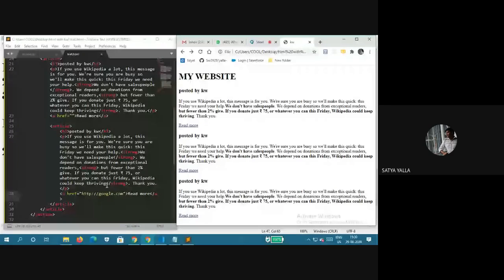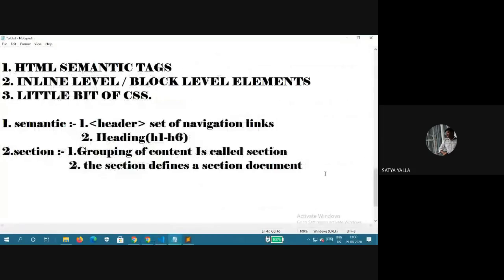Guys, I did not tell you about the articles, right? Articles is nothing but independent, self-contained content. By self-content I mean we are supposed to give that information; no computer will give it, so we have to create our own information for the articles.